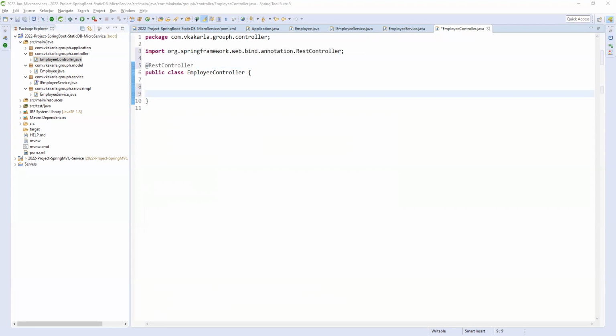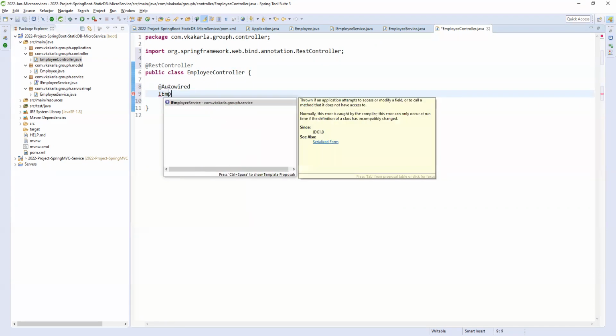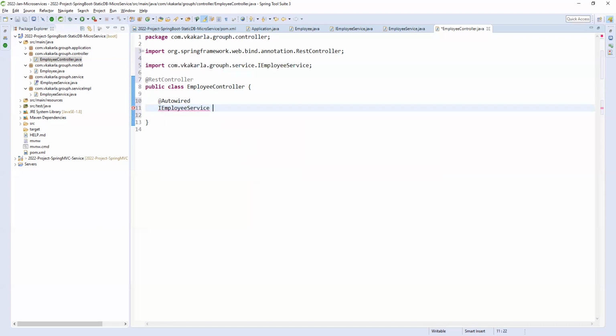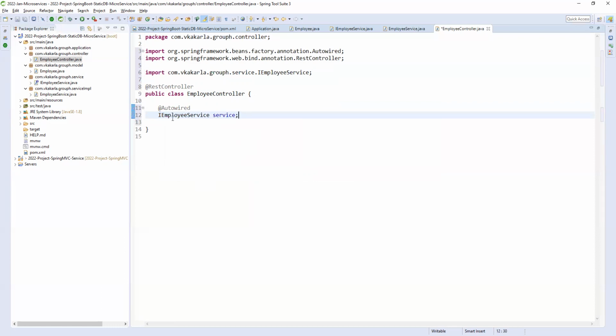Before adding here, I will tell you what is Autowired.